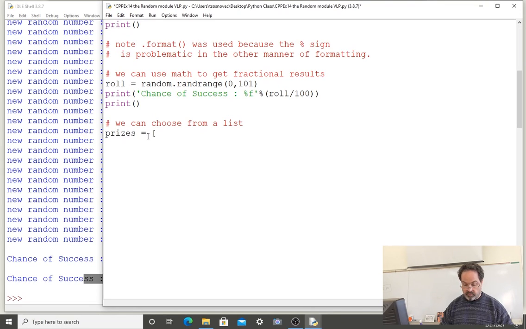Defining the list as the variable prizes, we could have a teddy bear as a string in the list, gold coin, lump of coal, which is defining a list, and then I could assign to another variable that we'll call prize from the random